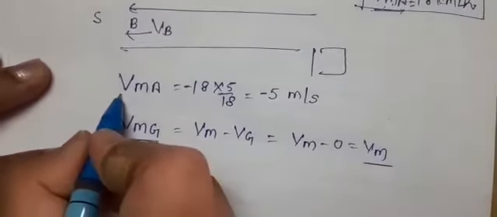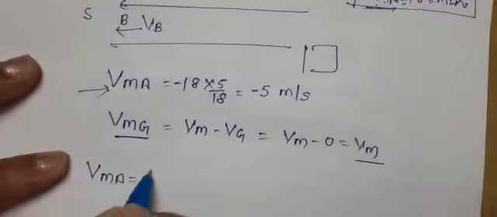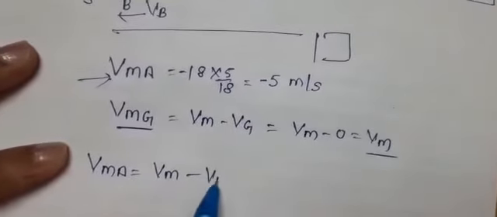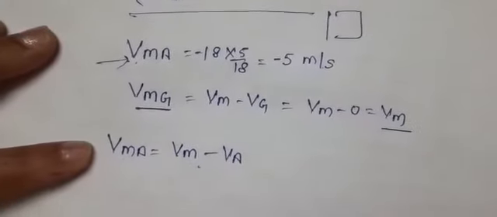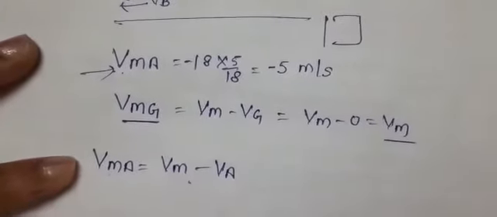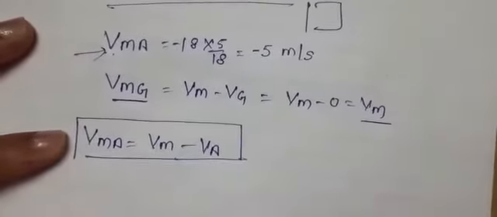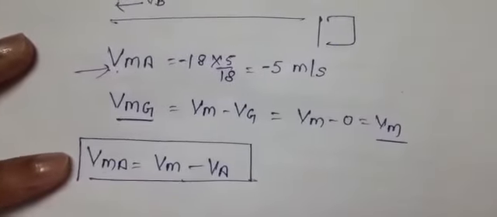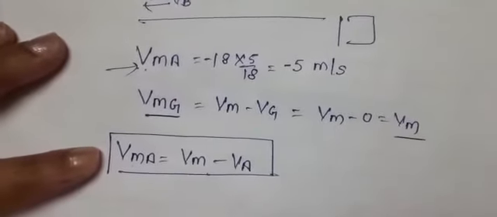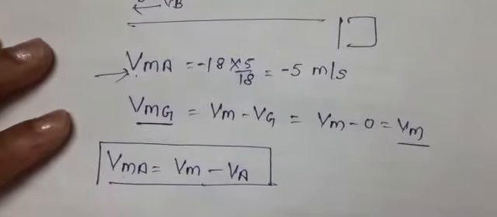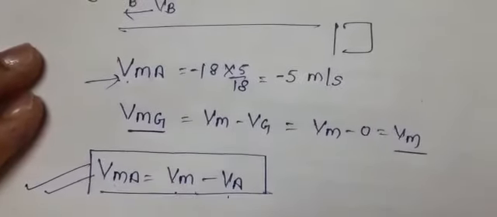Now apply this relative velocity concept in this formula. VMA is equal to Vm minus Va. This is the formula. While solving numericals, we are not focusing on whether the bodies are moving in the opposite direction or the same direction. We are simply writing this formula. As we apply the sign convention, the negative and positive signs automatically bring the addition into the results. So there is no need to remember the results for bodies moving in opposite directions. You simply have to learn this particular result, that is, the difference of two velocities.